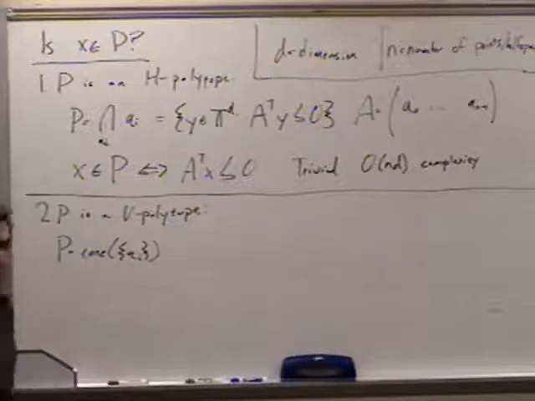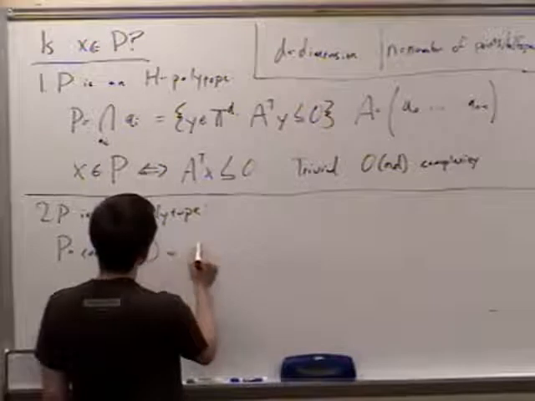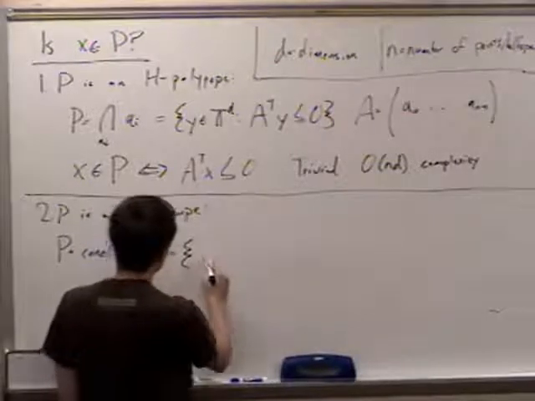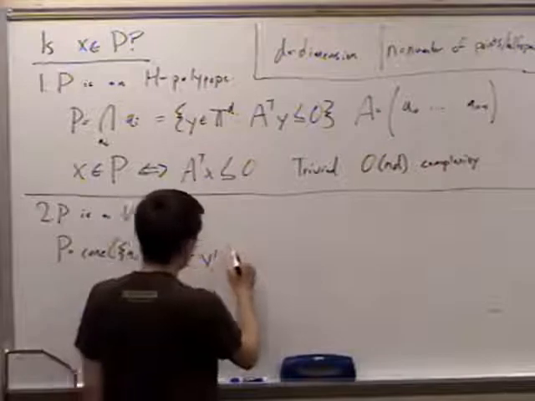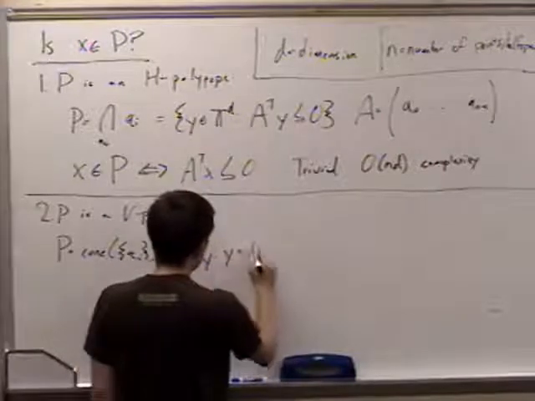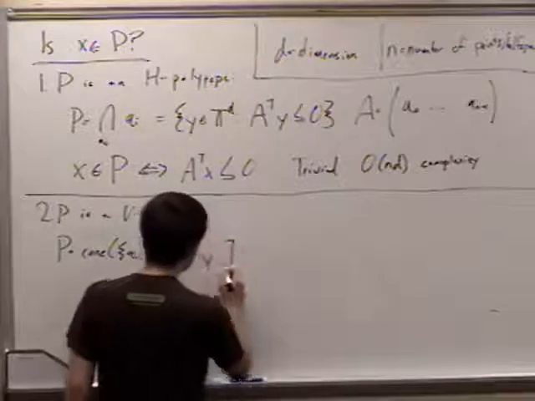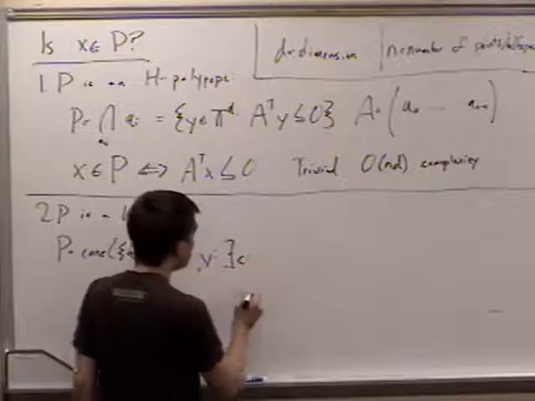So it's all these conical combinations of each A_i. And that means that this is the set of all y such that there exists some parameter c